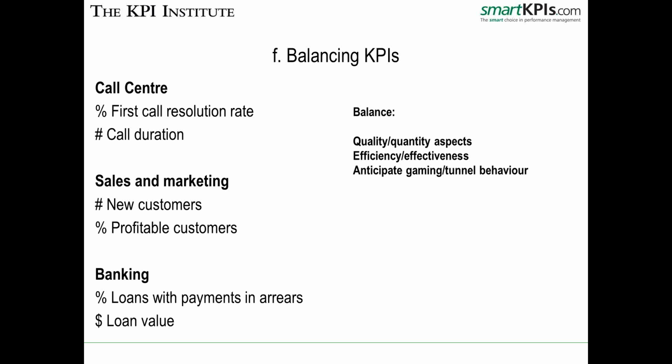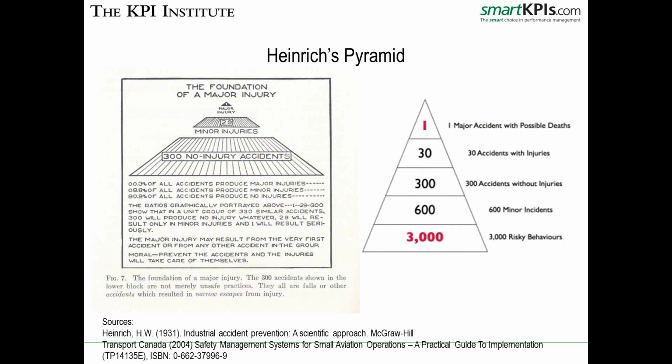Generally, the number of KPIs that I recommend to be used for each objective is between 1 and 3, but overall 2 is a good number. Now, also in terms of balancing, another example of balancing comes from OH&S, Organizational Health and Safety, where the hierarchy pyramid that was initially published in 1931 is still very much relevant today. It's all about the fact that, especially in